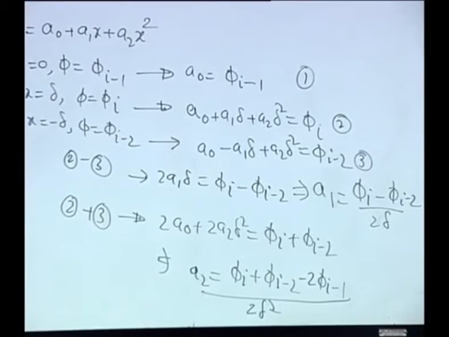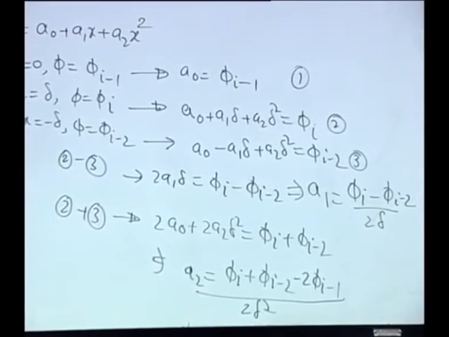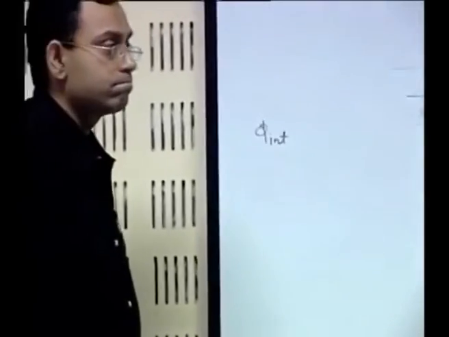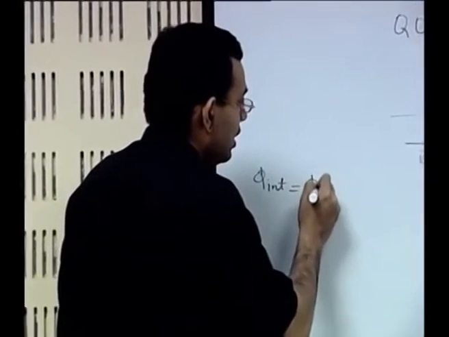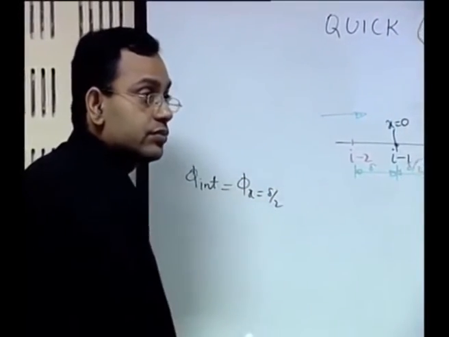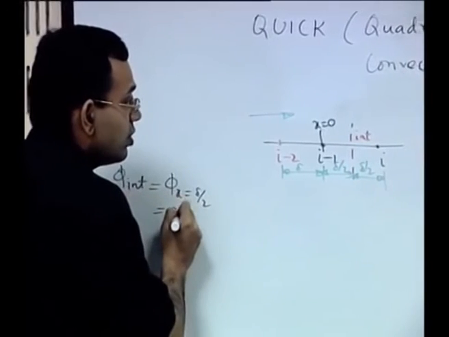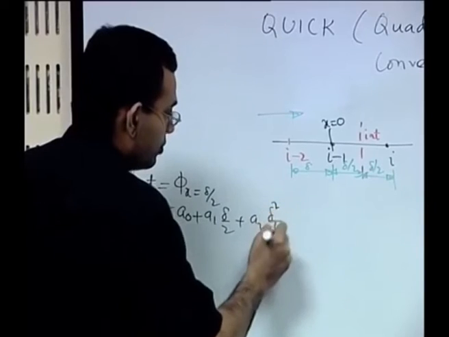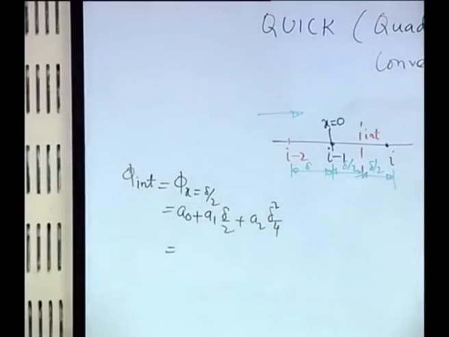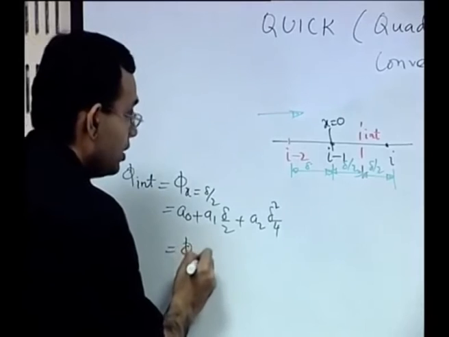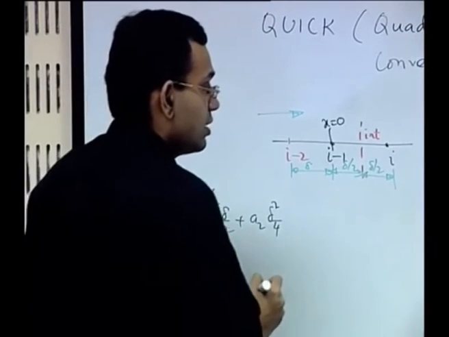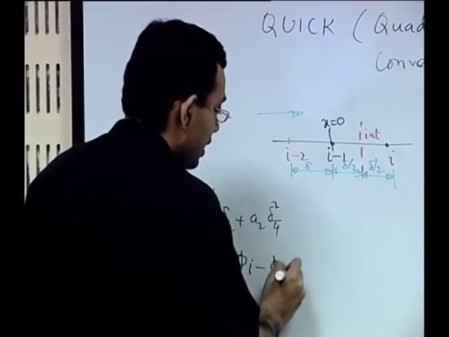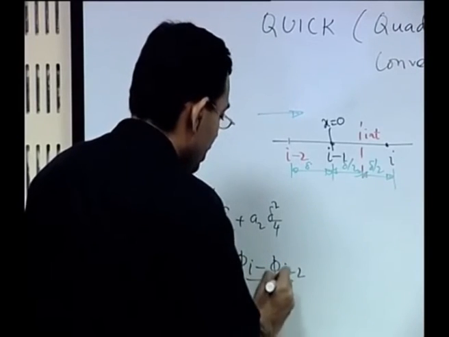So, what you require? You require phi at the interface, that is after the interpolation you require. So, what is phi at the interface? That is phi at x equal to delta by 2. So, that is a0 plus a1 delta by 2 plus a2 delta square by 4. So, that is phi I minus 1 plus a1 delta by 2. So, plus phi I minus phi I minus 2 by 2 delta into delta by 2